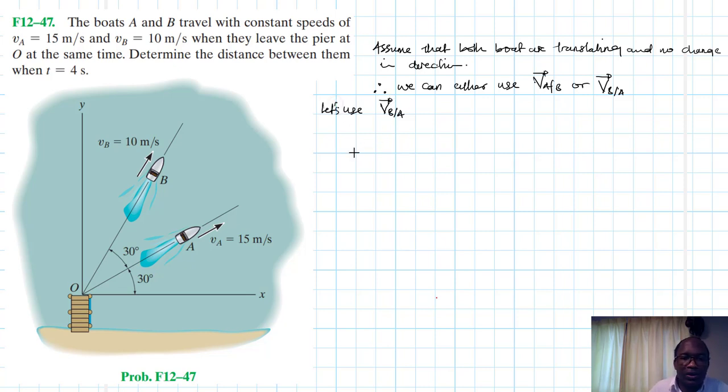So we know that the relative velocity of B with respect to A is equal to